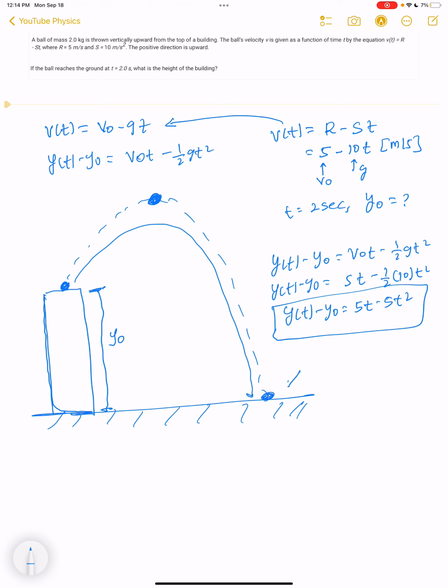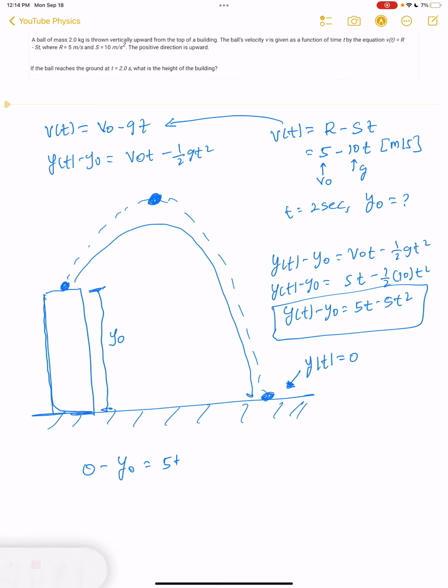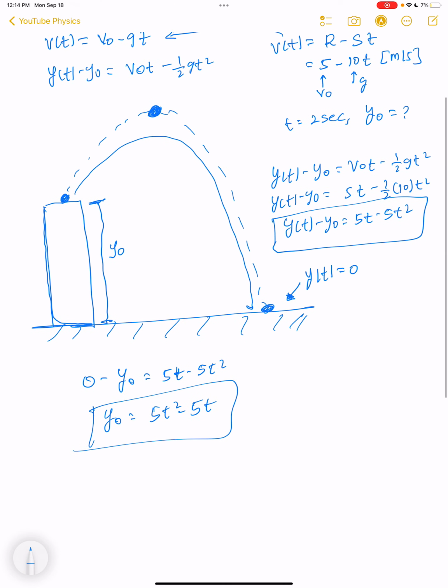So the key component here is that when it touches the surface, y(t) is 0 because you're at 0 height. So that means 0 minus y naught equals 5t, apologies here, 5t minus 5t squared. So we're looking for our y naught here, which becomes 5t squared minus 5t after removing the negative sign. And we're told that it's going to take